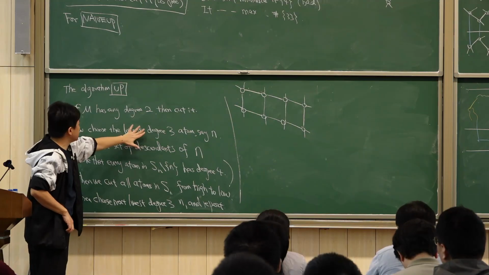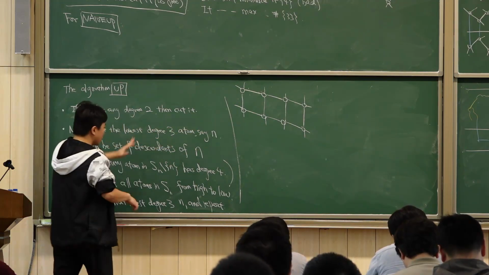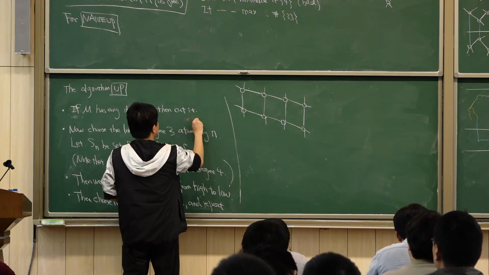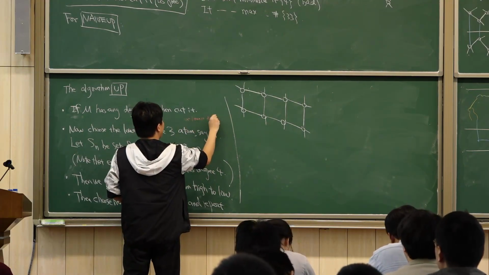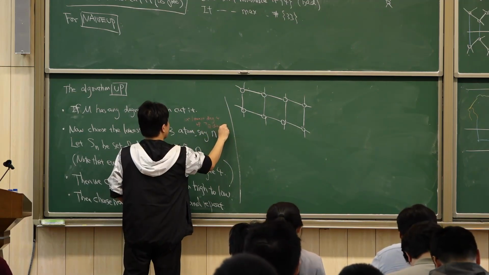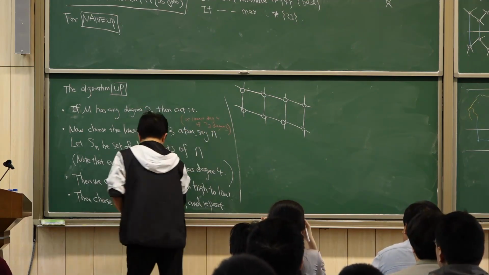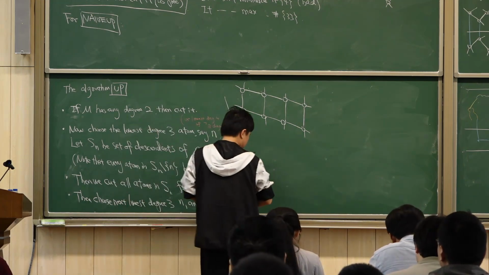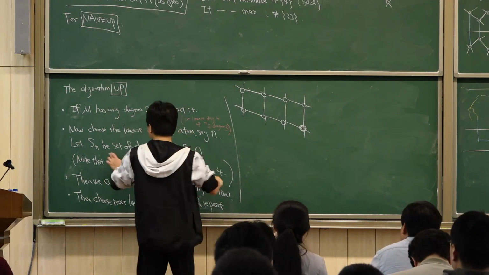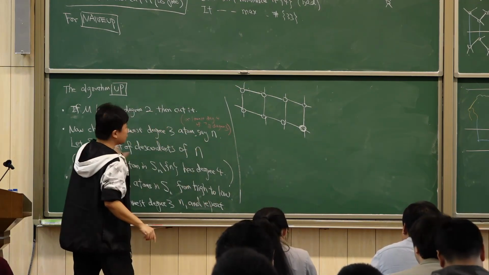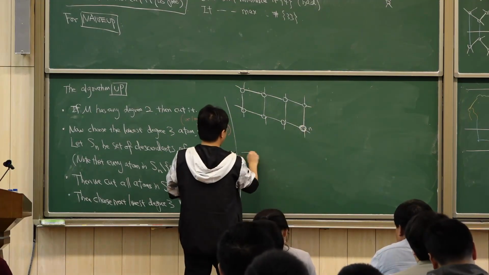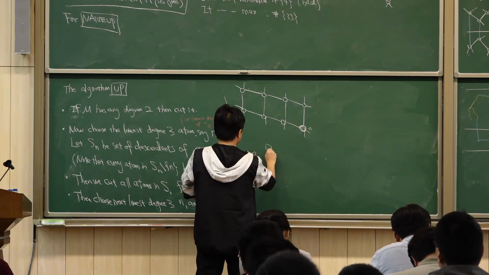So now we choose the lowest degree 3. In the beginning there is no degree 3, we choose the lowest degree 4, or lowest degree 4 if no degree 3. Choose the lowest degree 4, let's say this one, okay? We cut it. And of course, n is here, and Sn is just n itself. It has no descendant. So n is this. And then we cut it, and we get essentially